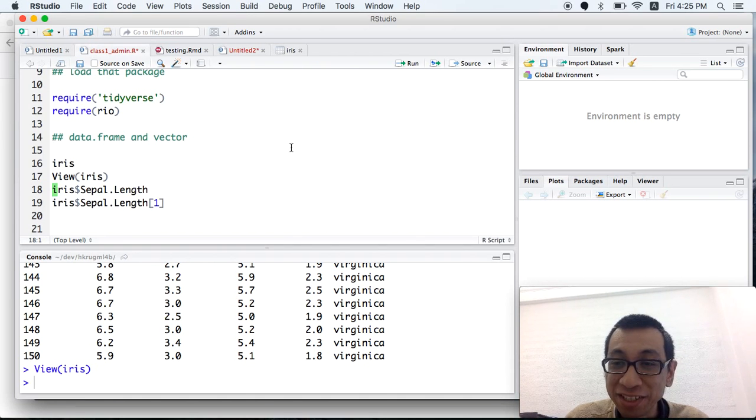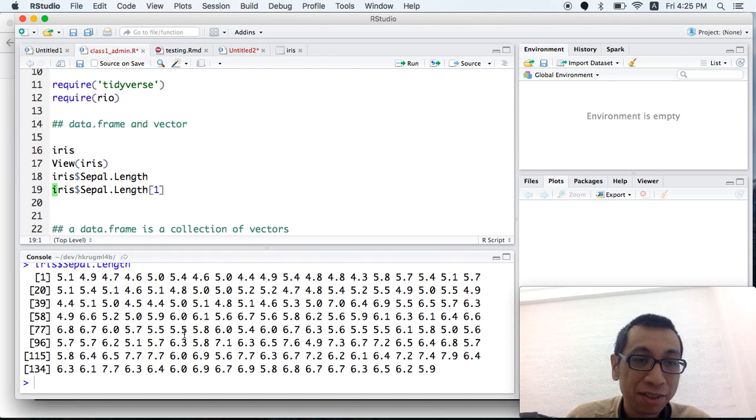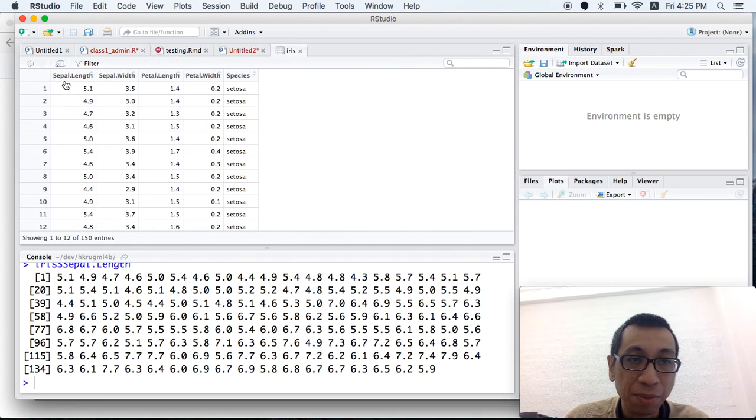But you may ask, what is a vector? A vector is a list of numbers. For example, if you look at the sepal length, the first number is 5.1 and then 4.9 and so on. It's just a list of numbers.